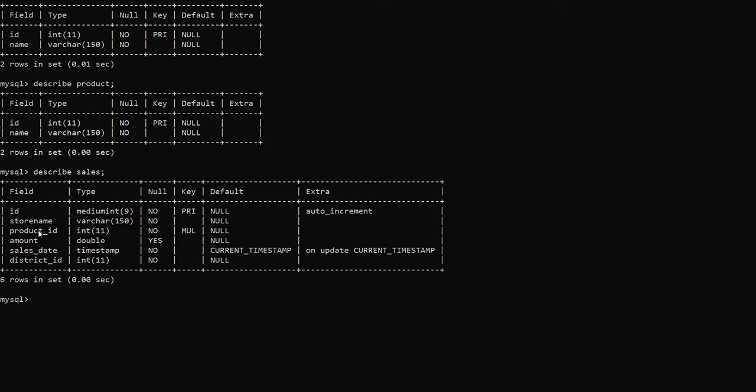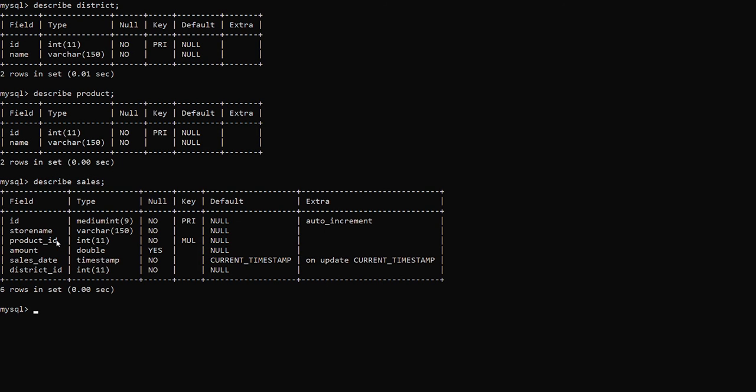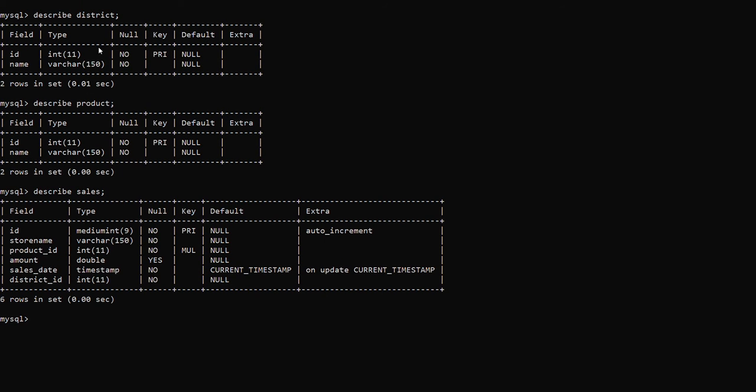The product_ID and district_ID are foreign key columns, which will refer to the tables district and product IDs respectively. We will see how the joins will work based on the primary key and foreign key columns.